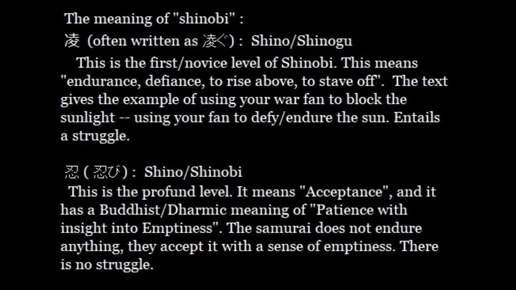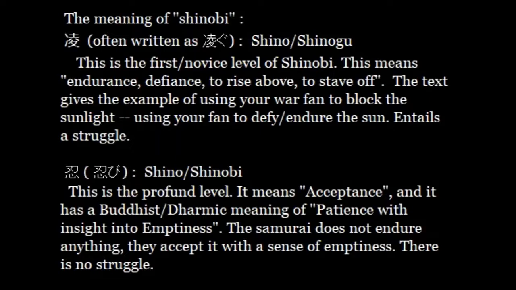So let's start by looking at the explanation of the meaning of shinobi. So the document gives two levels of shinobi. The first one, as you see written on the screen, is written this way, and it's often written with two kanji. In parentheses, I've given you the more common way it's written within a grammatical context. But the original document just uses the single kanji. So the first one is shino, but the word is shinogu, and the second one is shino, and the word is shinobi. Now, these are levels,